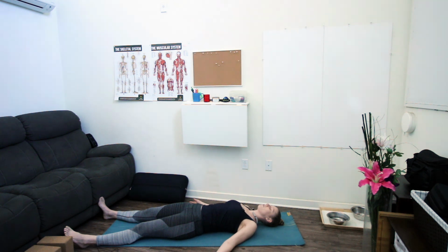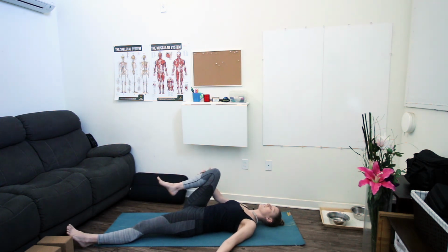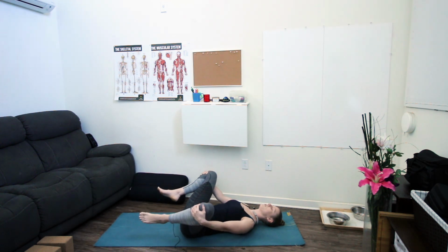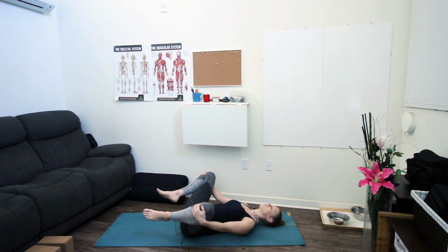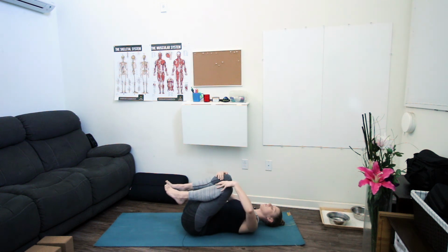And then slowly, at your own pace, begin to draw your knees back towards your armpits, resting a hand on each shin. Just taking any little movements that feel good to you, or any stillness if that calls to you. As you find a bit of stillness,